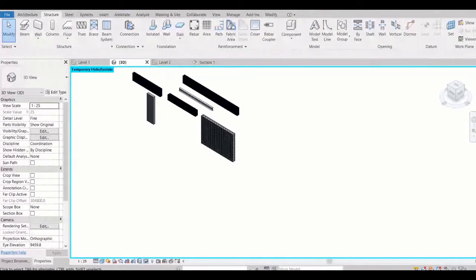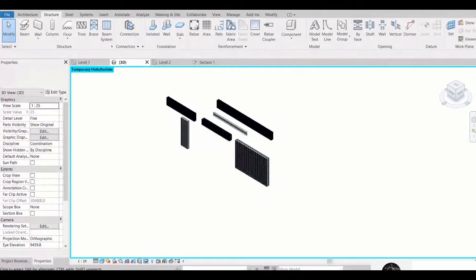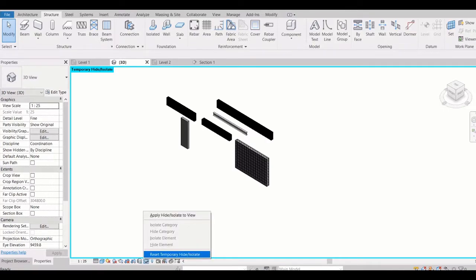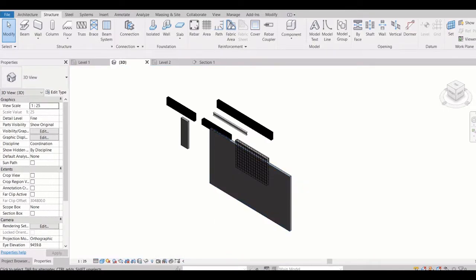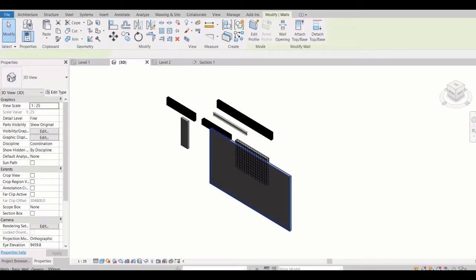Because this is temporary hide, you will see this cyan line over here, which gives you a warning that you have hidden one element. Okay, so you can just say reset, right?